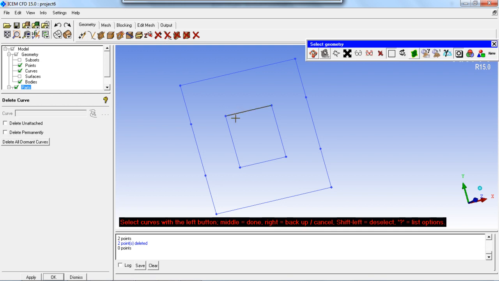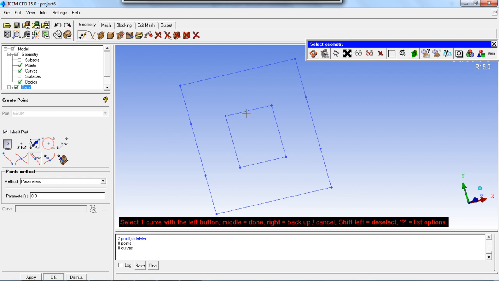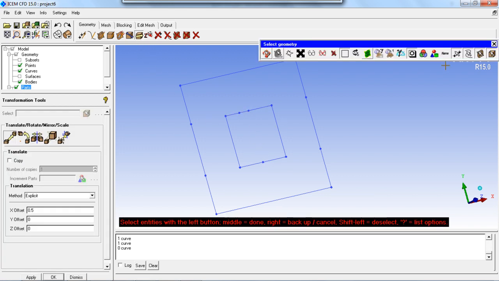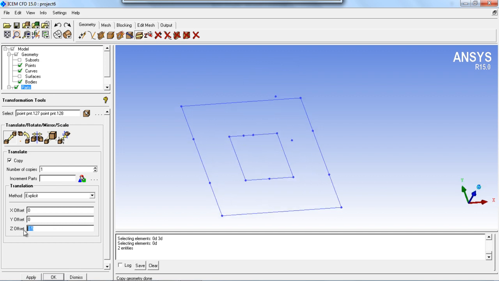Okay, we don't need these four options over here. Okay, get the point at the 50% location, and then copy them in the Z direction. -0.5 also at the -0.5.